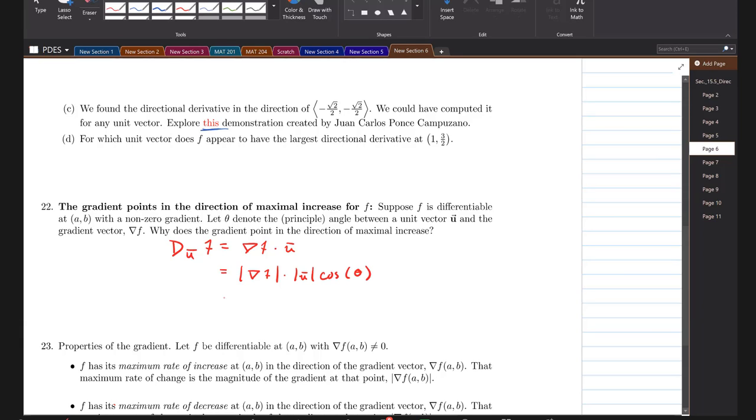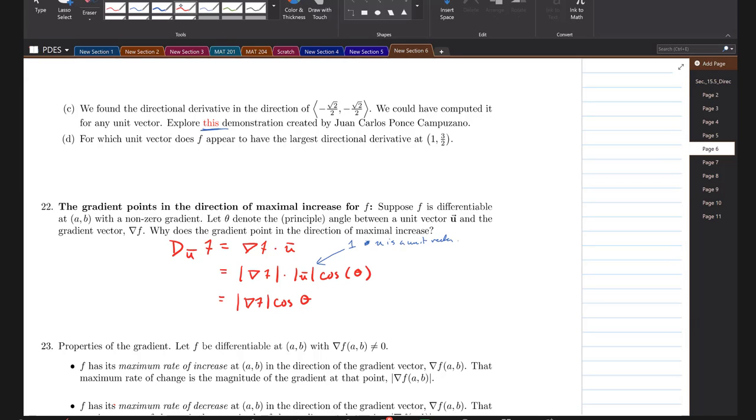But this is just the gradient of f times the cosine of theta, right? How come? Because u is a unit vector, and the magnitude of a unit vector is 1. Okay? Now, going back to that question that we were looking at, when is this expression